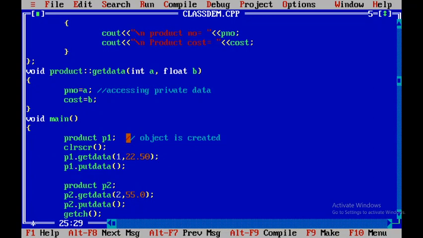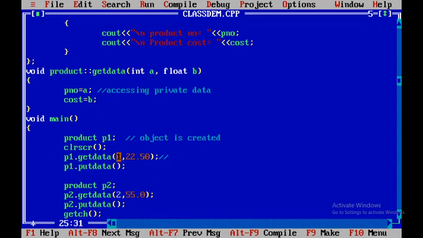But I want to assign some values to them. But PNO and cost are private members, not directly accessible. So I can access them by using the member function only. That's why I am calling the member function getData. So P1.getData with values 1, 22.50.